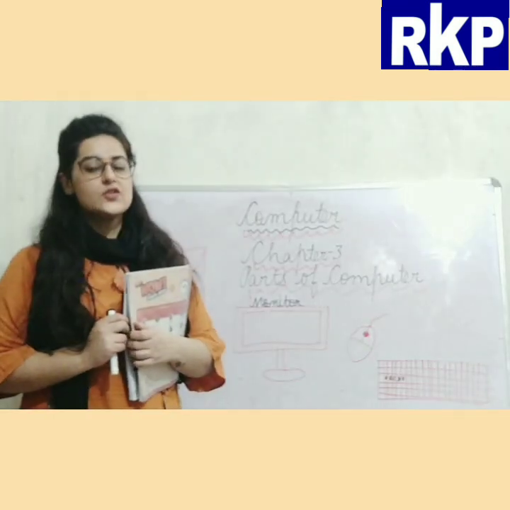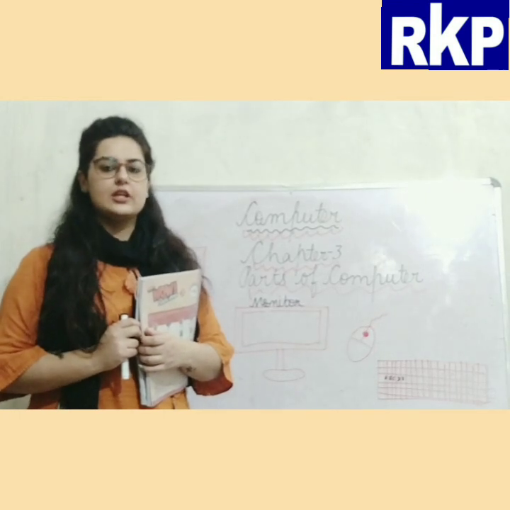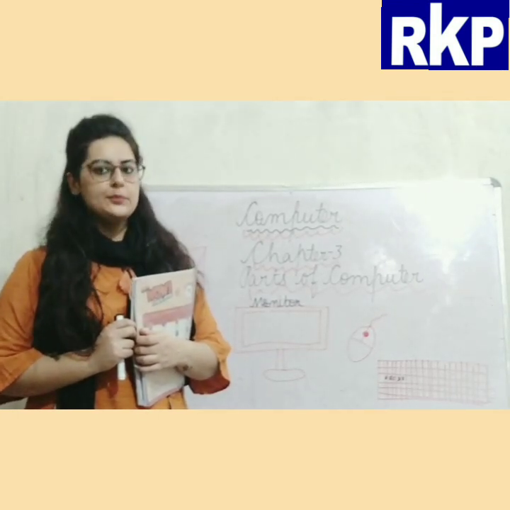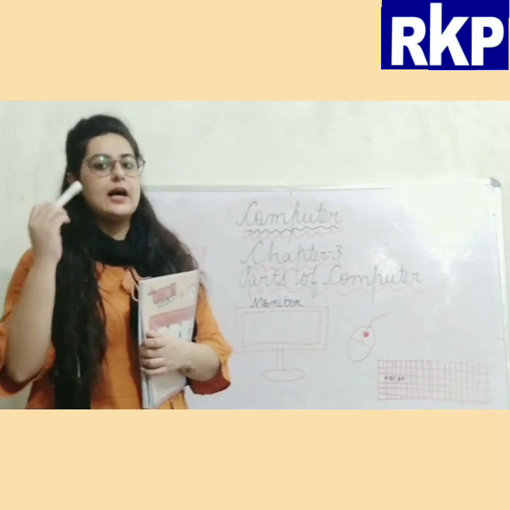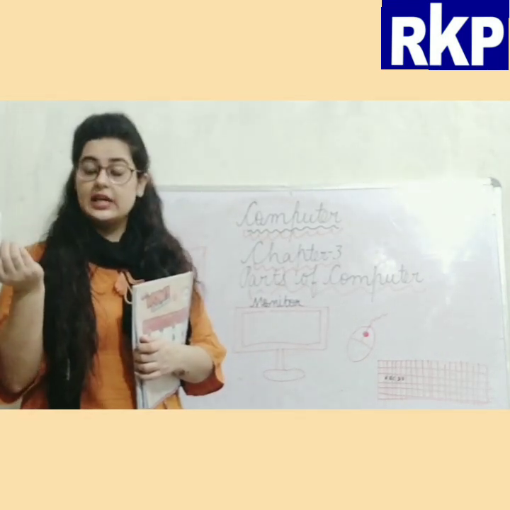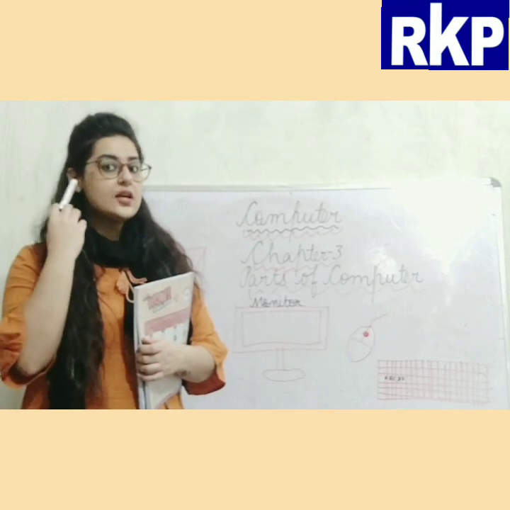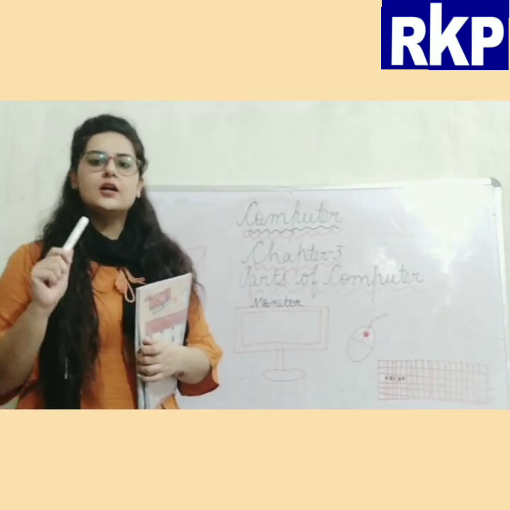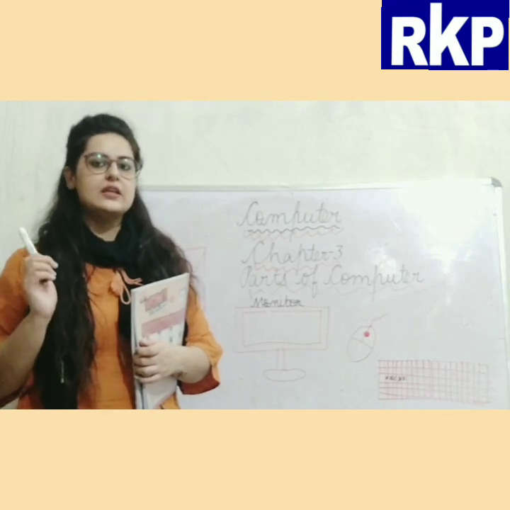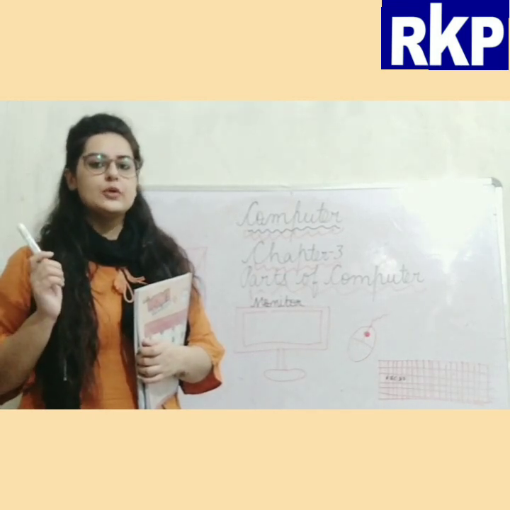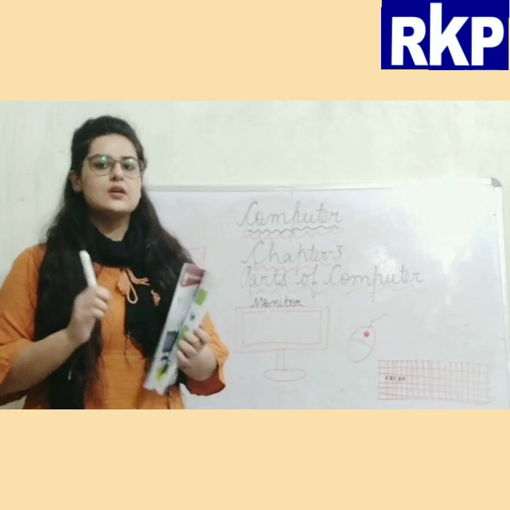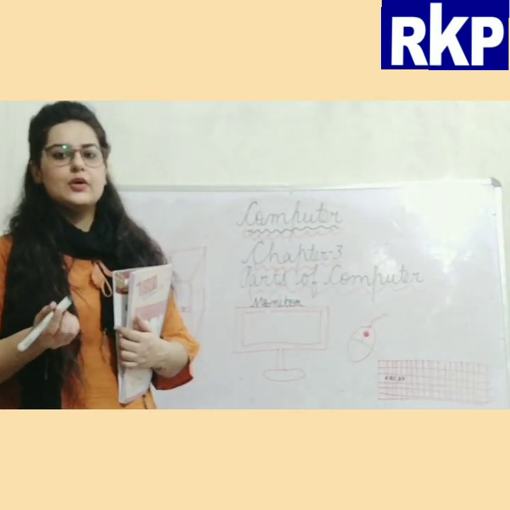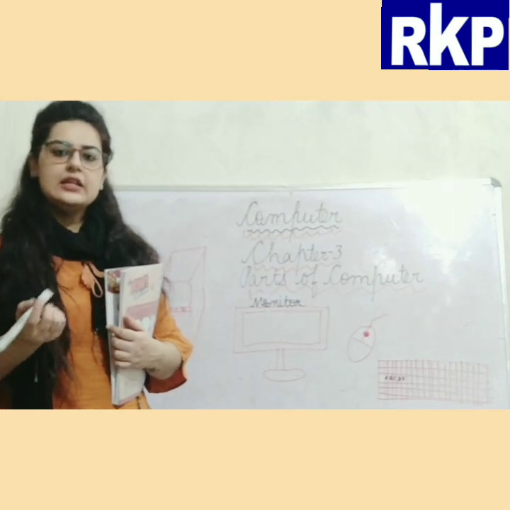So as we all know, a human body is made up of various parts and every part of our body has its own importance and working. Like our eyes. What do our eyes do? They help us to see. What do our ears do? They help us to listen. Similarly, a computer has many parts and each part of a computer has its own functions. Okay. So in this chapter we are going to read about the parts of computers in detail.